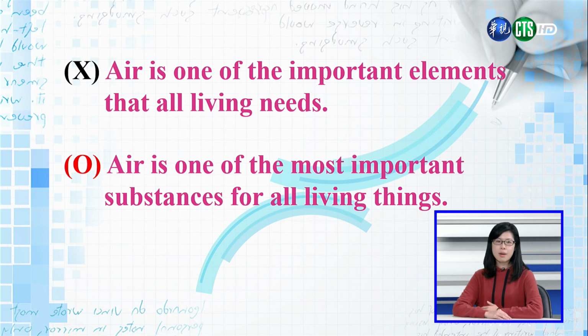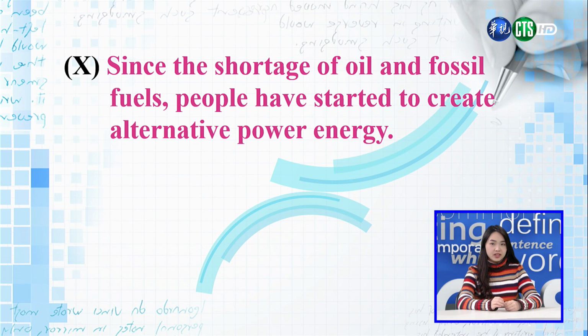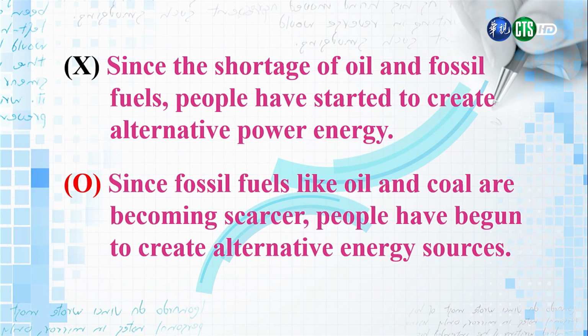Okay, I would change the first sentence to air is one of the most important substances for all living things. Aside from the obvious grammar mistakes and not to be too scientific, but air is not any one particular element. 我会想要把第一句改成空气是所有生物需要的一样很重要的物质，因为空气并不能算是一个特别的元素。I actually agree. The second sentence would make more sense if it reads, since fossil fuels like oil and coal are being scarcer, people have begun to create alternative energy sources. 我蛮同意 Laura 刚刚讲的，第二个句子我想把它改成，因为石化燃料像是石油或是煤变得比较少了，所以人们就会开始去找那些替代能源。